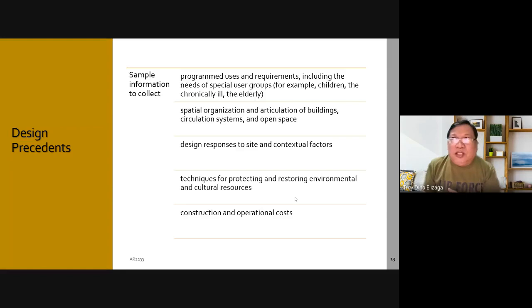Okay, so you do not need to reinvent the wheel. So that's the main idea here. Why you have to search for design precedents. Okay, because if possible, you try to improve. Okay, so they already did this, and you get it, you adapt it, and then you improve. In this way, you actually contribute to the design. Okay,